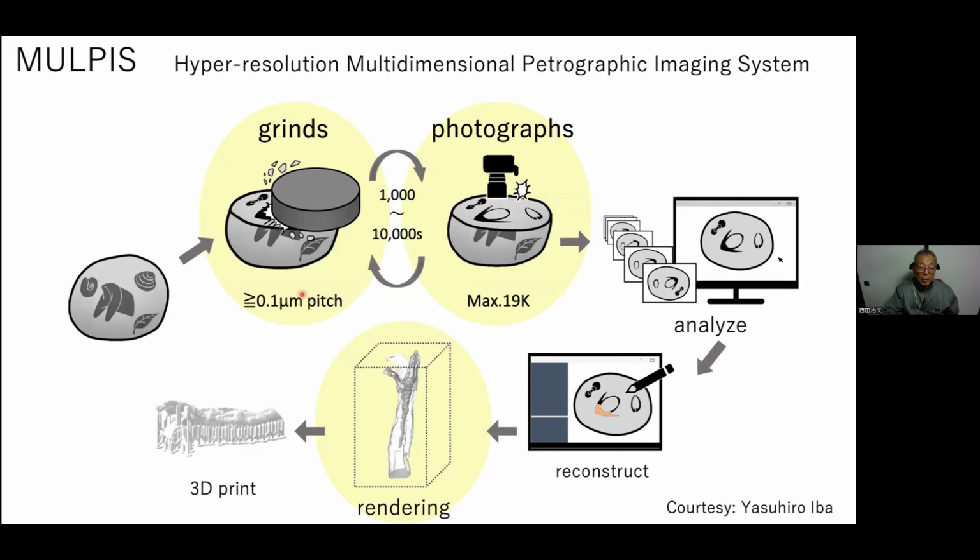So depending on the thickness of the grinding, we continue these grindings many times. But each time we take very high resolution photographs and then combine these images and reconstruct the inside. Then we can choose different materials preserved in the rock, for example, ammonites and other things. So everything in the rock we can see by using this technique.